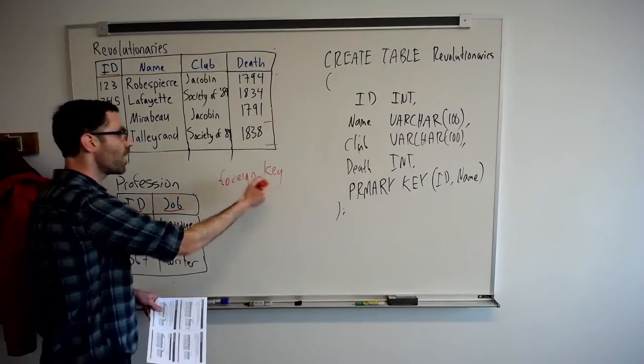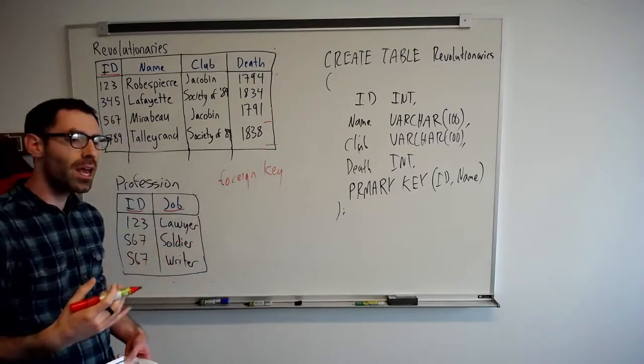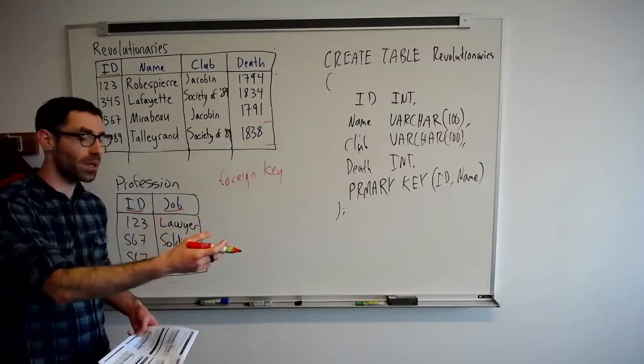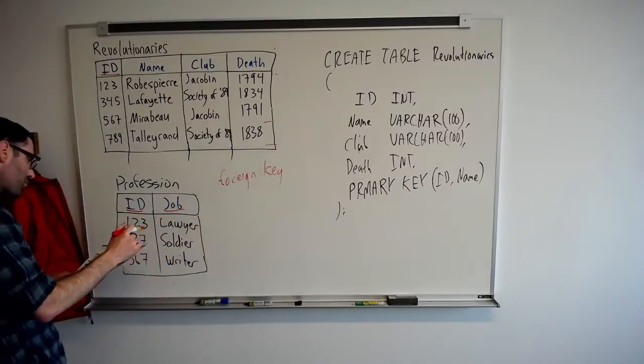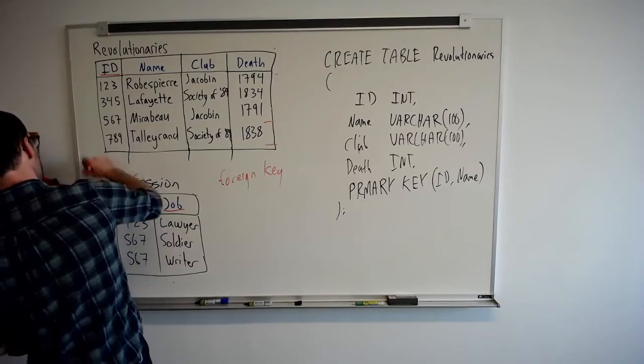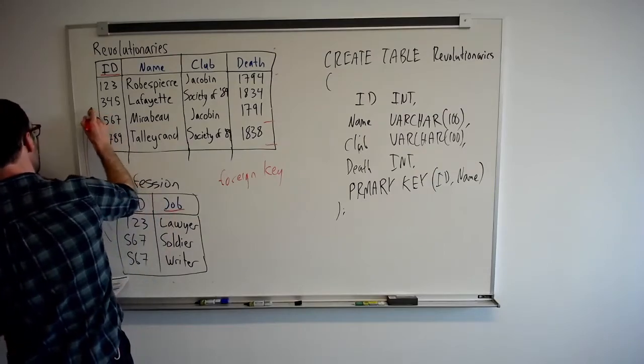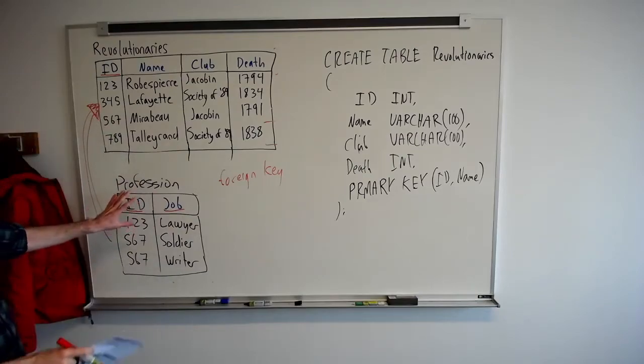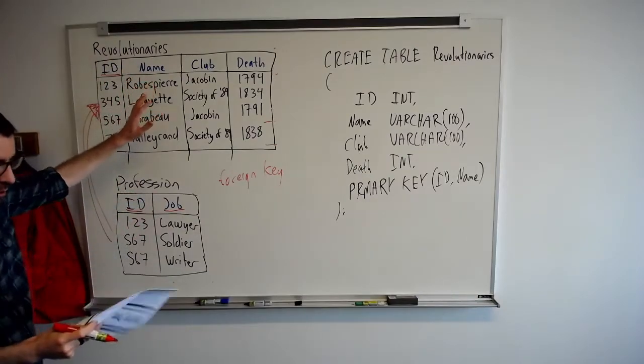And that is what a foreign key means. It needs to be a value that uniquely identifies a tuple in another table. And so our profession table references our revolutionaries table,